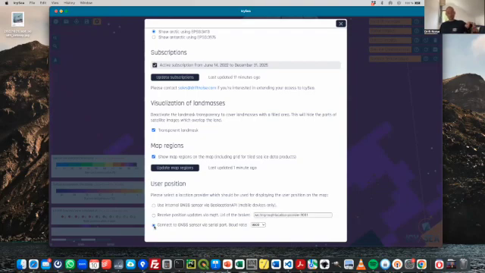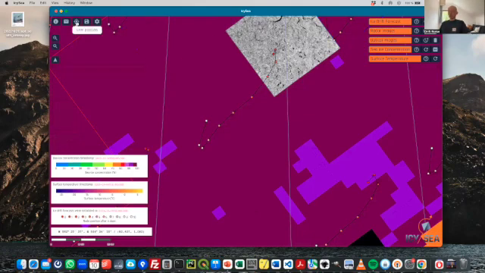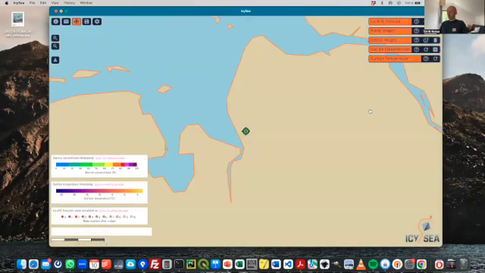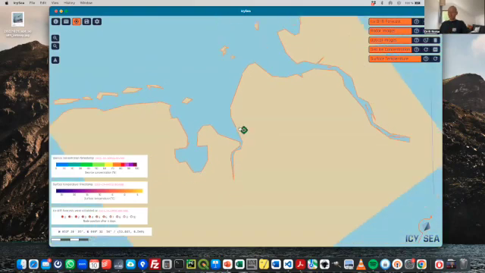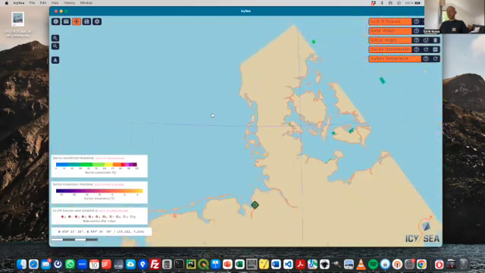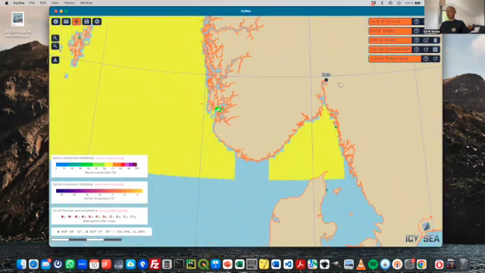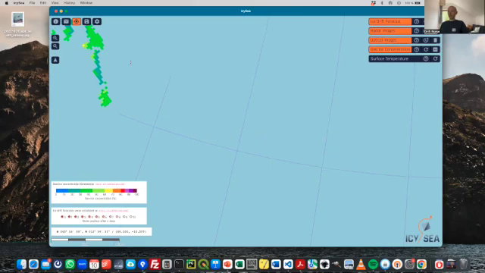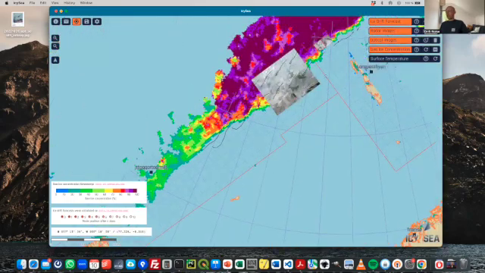Or, and this is what I'm using, let me show that in the camera here, I have this little GPS mouse that I can just connect to my computer via USB. So I can use connect GNSS sensor here, close that window, and then click on the user position button. And it asks me for that sensor, I tell it to connect, and it puts me right back to Bremerhaven, where I am right now. Obviously, if you're in the ice, it will put you next to Svalbard, wherever you are, and you can really compare it to the data that you're looking at and see where you are in relation to big ice floes that are coming your way, all these kinds of things.